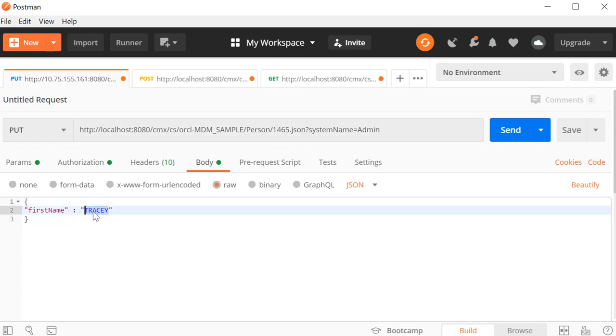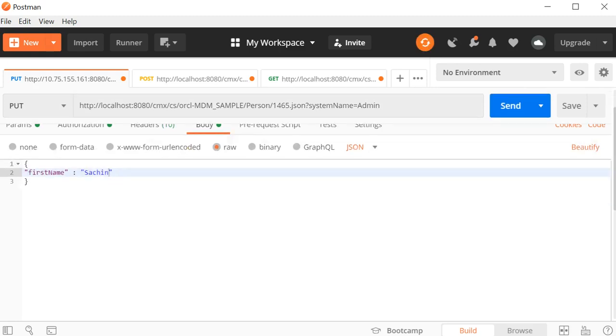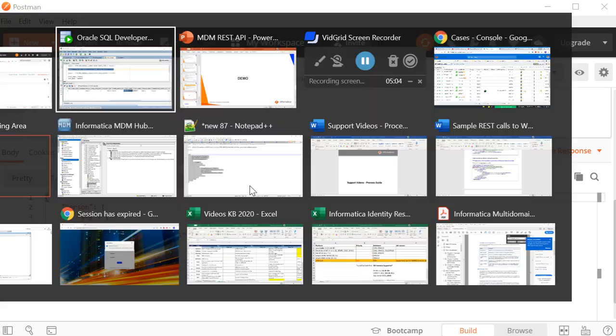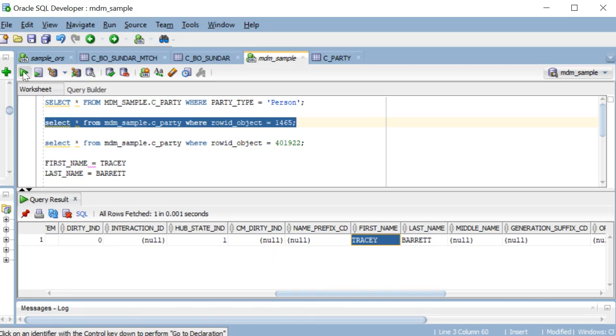Now let's change the body, and I will try to run the get call. Now I'll try to run the put call. I've got this status okay, and we'll go to the database and check the data.